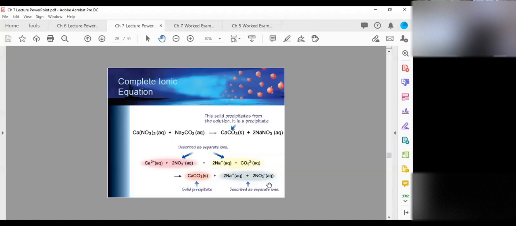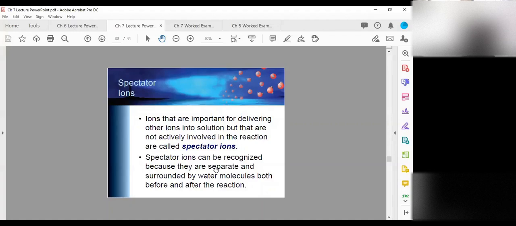Those ions that appear on both sides of the equation, like in this case, NO3− on the reactant side, you see it also on the product side. Na+ on the reactant side, you see it also on the product side. These ions, we call them spectator ions, meaning ions that just stare at each other doing nothing. They don't cause formation of anything that's useful. However,